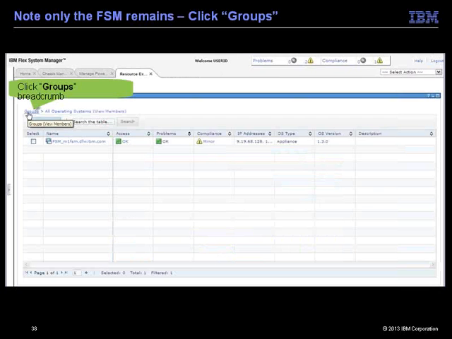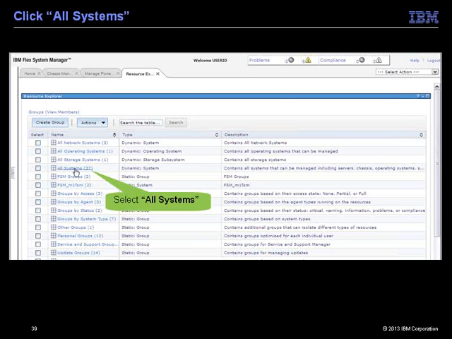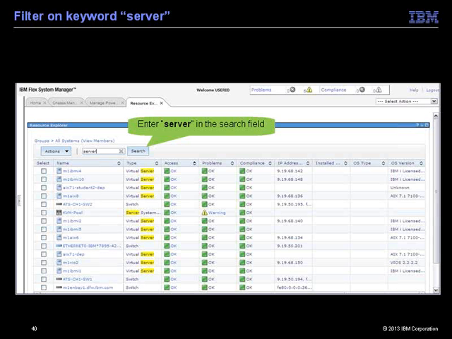We'll click the groups breadcrumb there to get back a menu. And now we want to go to all systems. We've deleted the operating system endpoints. We still have things like virtual servers. We still have the nodes themselves, the physical servers, the managed system, if you will. We'll select all systems, and we don't want to delete the virtual servers. The virtual servers are the LPARs. Our goal here is to keep the LPARs intact.